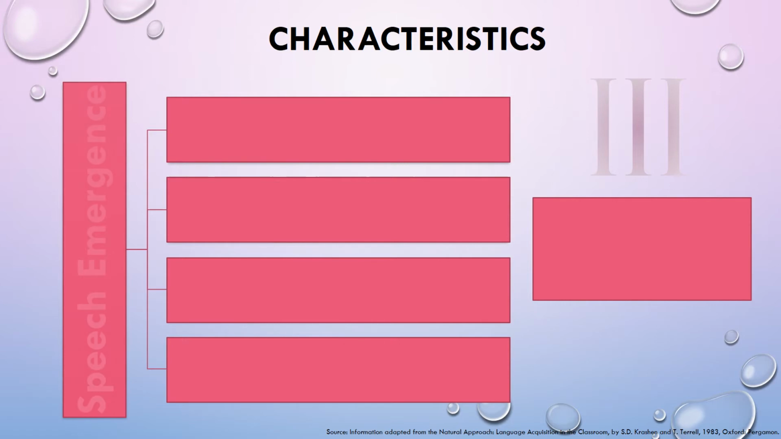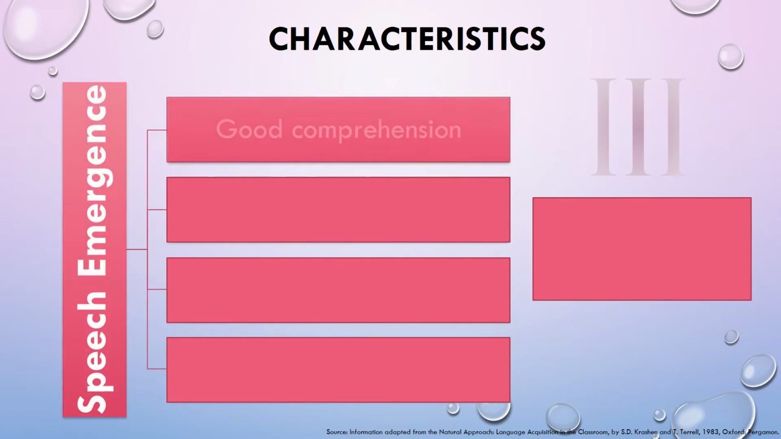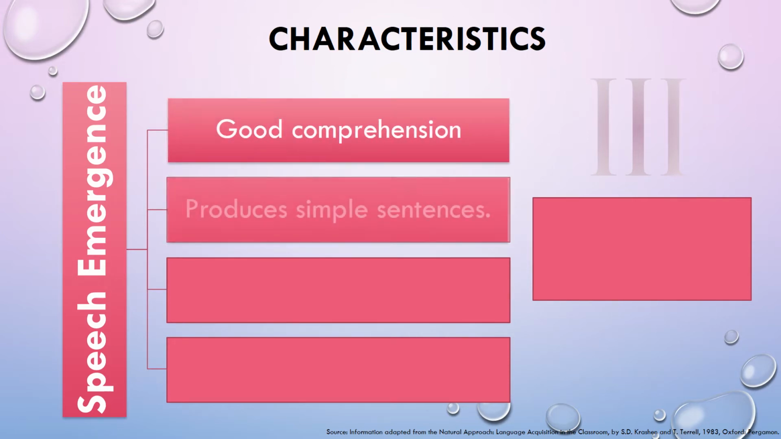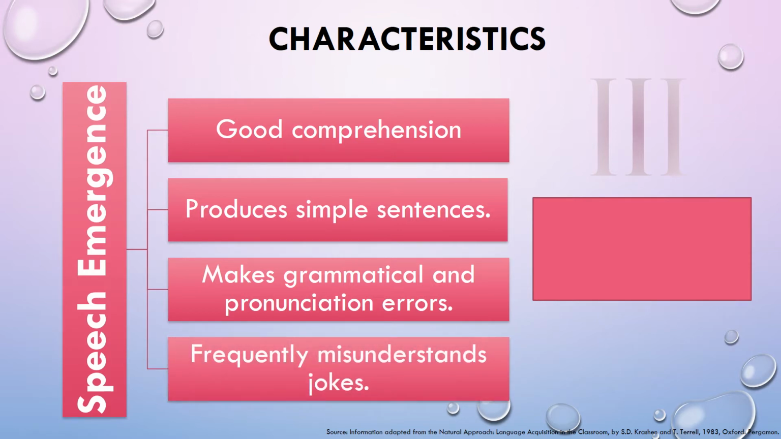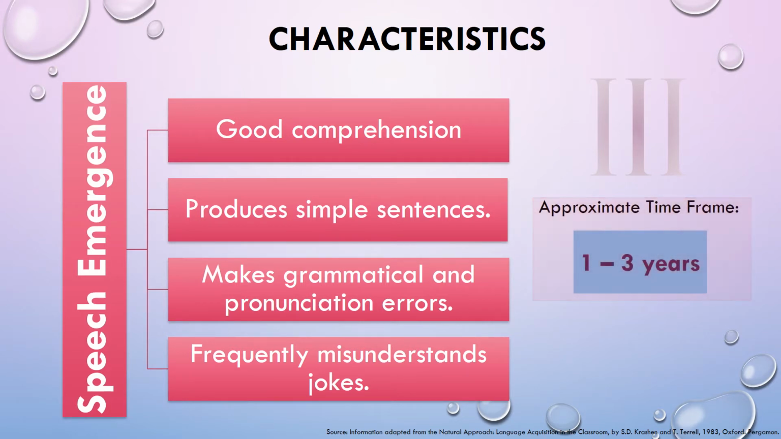In stage 3, speech emergence, the English learner has good comprehension. He or she can produce simple sentences such as "I ate pizza" or "she has blue eyes," makes grammatical and pronunciation errors such as "may I go to library," and may misunderstand sarcasm and/or jokes. At this stage, an English learner has developed a vocabulary of about 3,000 words,